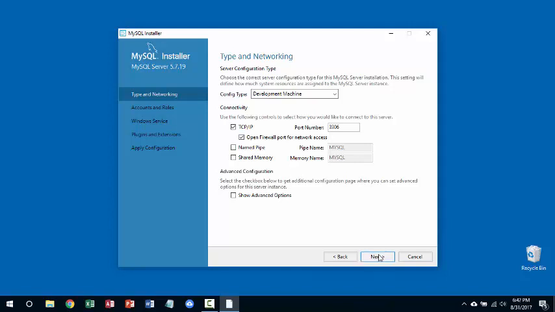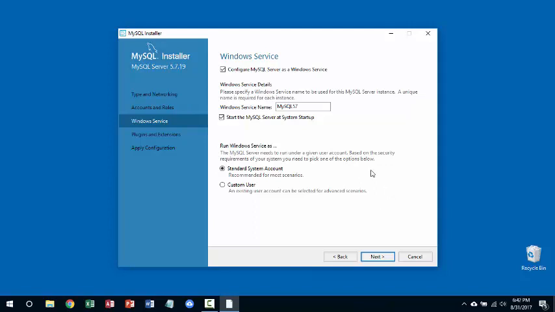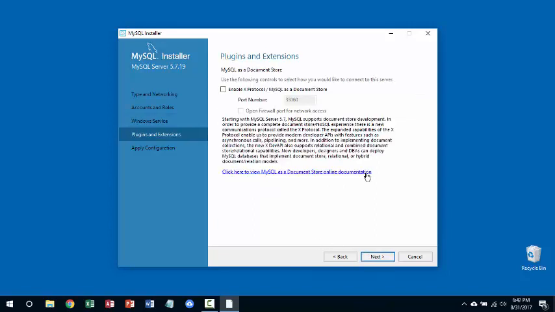And then click next. And this is the key piece again, right? You have to create the root password that you're going to need later on, so I need to write it down and remember it. I'm going to use my typical password that I'm not going to tell you what it is. Repeat it. Okay, medium strength, whatever. Next, the service name should be MySQL 5.7. That's the standard system account. Next,